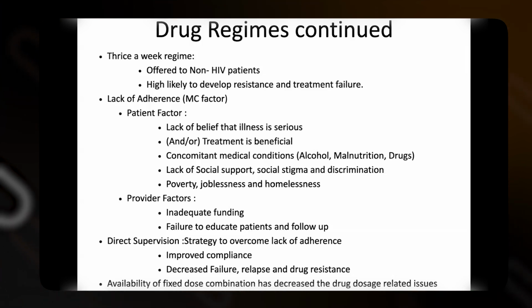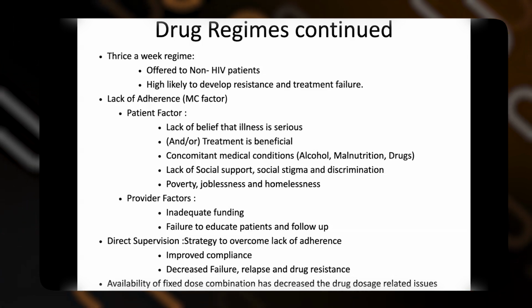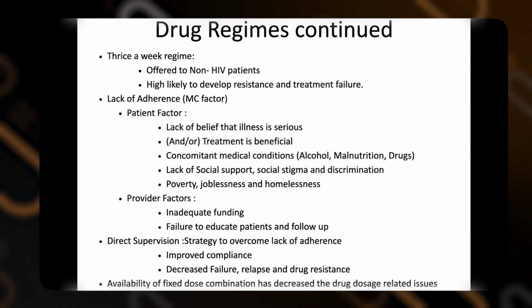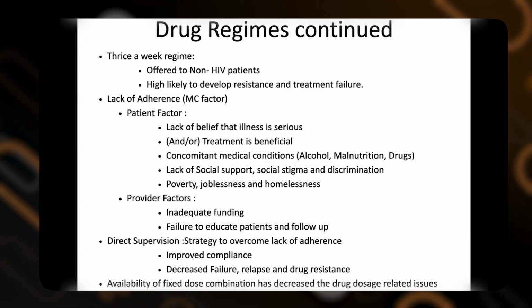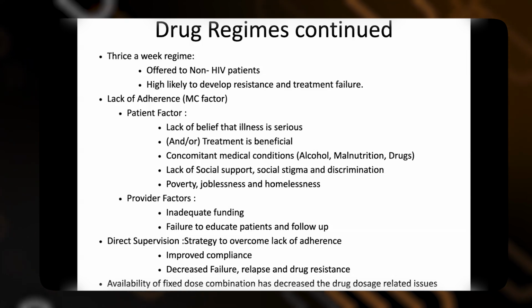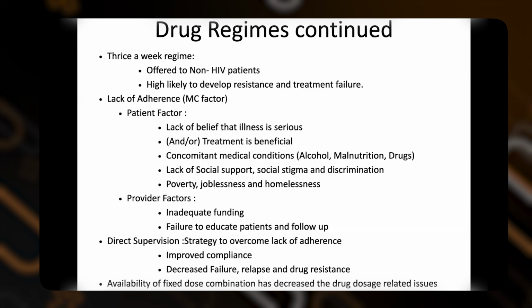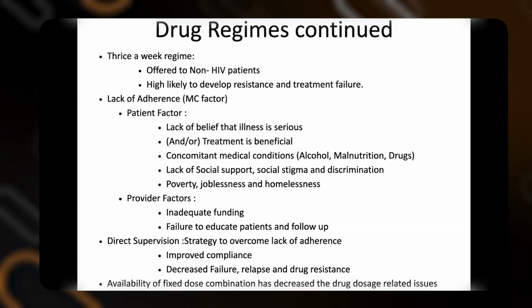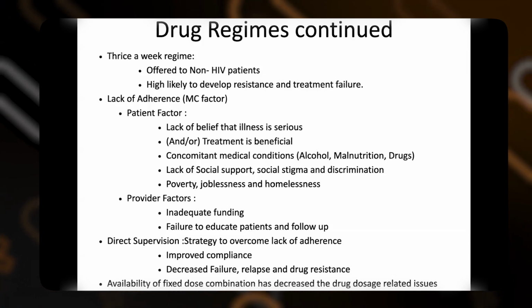There is some role of the provider also. If there is no adequate funding, then there will be no one to provide. If there is directly observed therapy, and the person is not given his salary or paid his wages, then he will not go, and the drug won't reach the patient, and ultimately resistance develops or the patient succumbs. The direct supervision therapy was one of the ways where